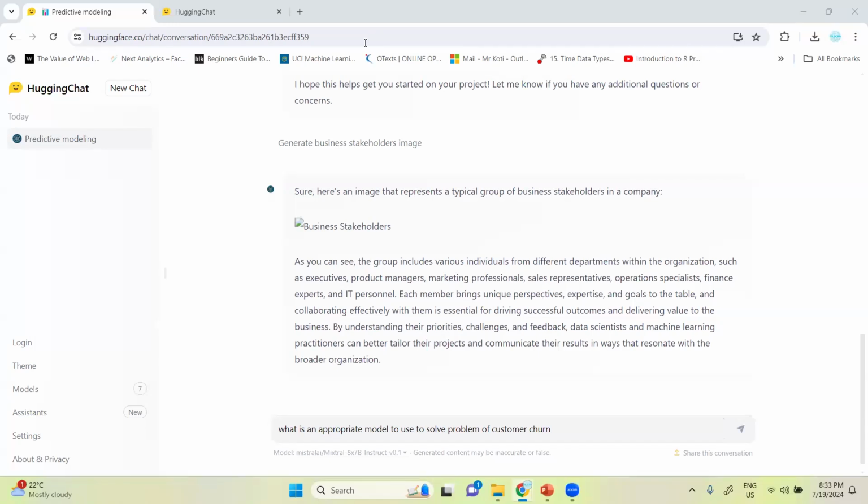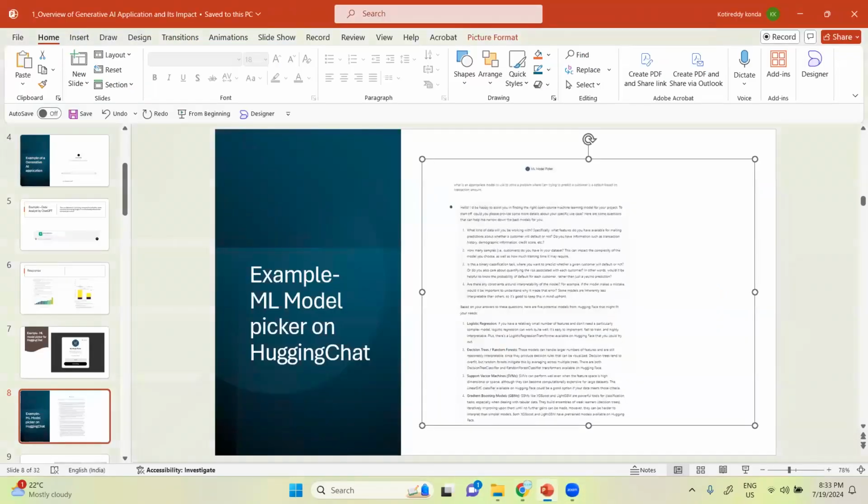Now telecom companies such as Airtel, Vodafone, Verizon, and AT&T are facing an issue of customer churn. Attrition means people are leaving. So I would like to understand which model will help solve the problem of customer churn. That is what I want to ask. As a layman, I don't know which model to build to solve this problem. So that's the question: what is an appropriate way to solve the problem where I'm trying to predict customer